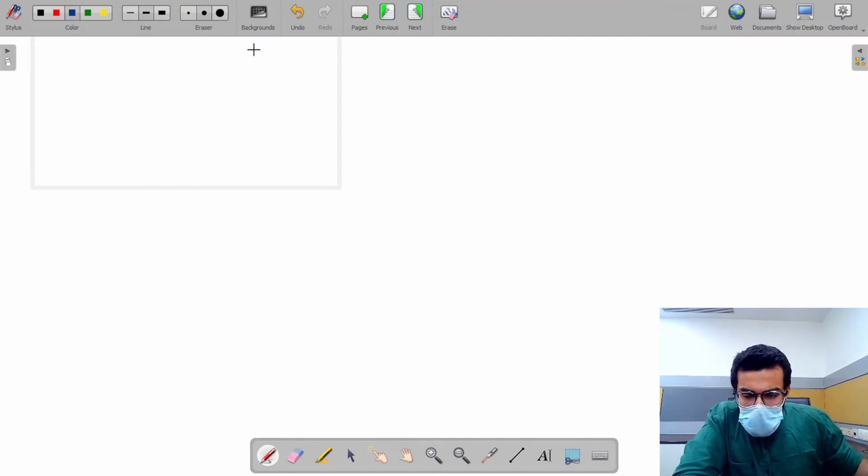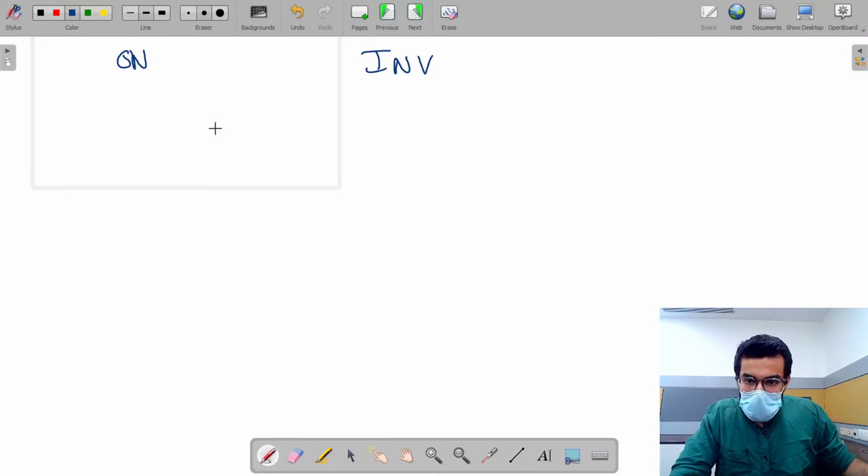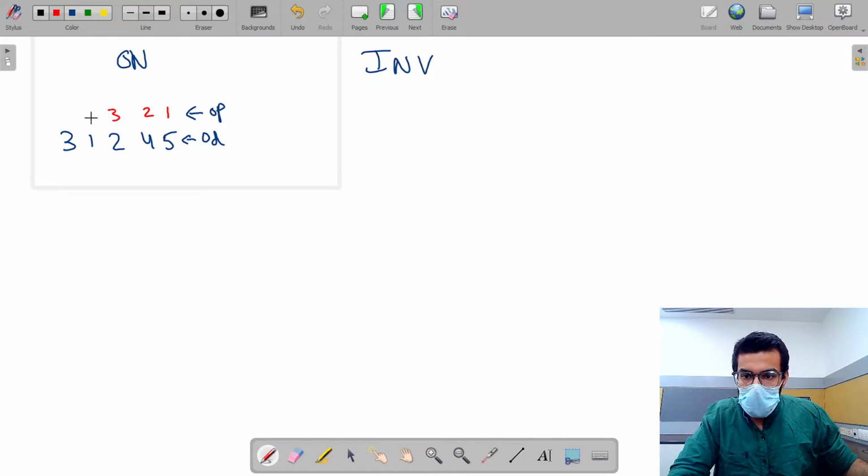Okay. So for example, this is the original number and this is the inverse number. Let's say this is the original number 3, 1, 2, 4 and 5. So these are the original digits and this is the original position. The original position is basically starting from here: 1, 2, 3, 4 and 5.